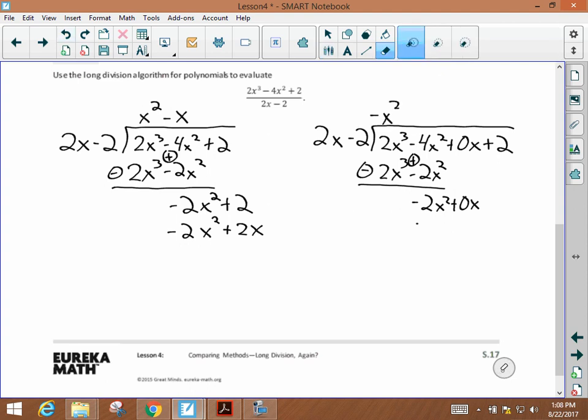I got a little bit ahead of myself just there. There we go. Right, because the way that we came up with this was we found out that in order to get the negative 2x squared, we have to multiply 2x by negative x. There we go. Now when I distribute,